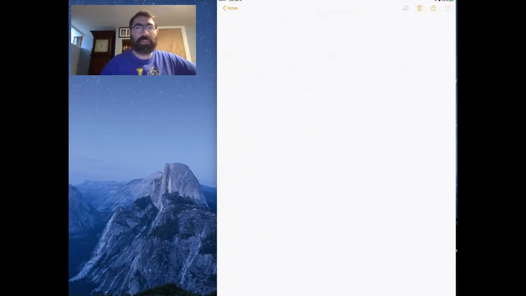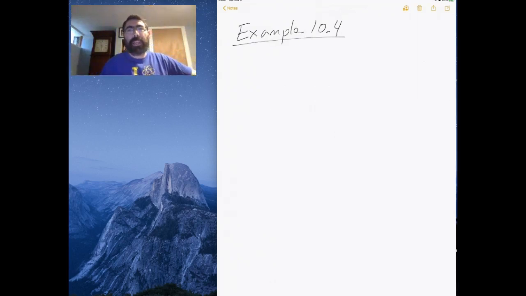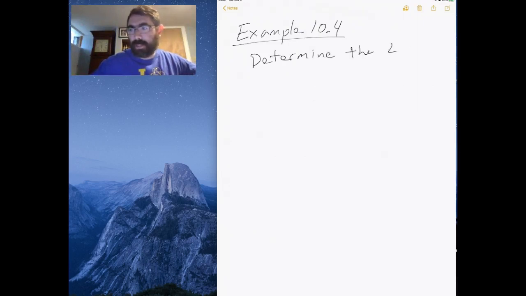Okay, in this video now we're going to go over an example. So I'm going to go over the example in the book of 10.4, where now that we have worked out in previous lectures the electric and magnetic field for a moving charge using the Liénard-Wiechert potentials, we're now going to apply it to a problem. So what this problem wants us to calculate is basically to determine the electric field and the magnetic field for a charge